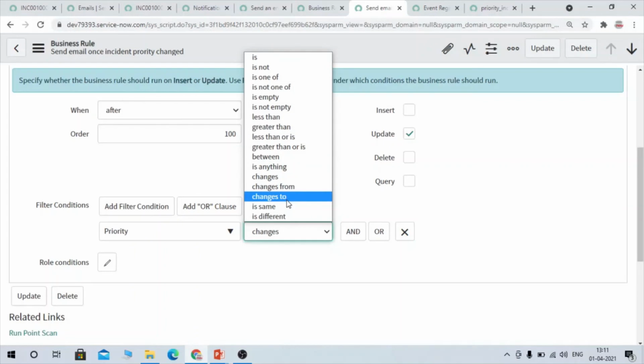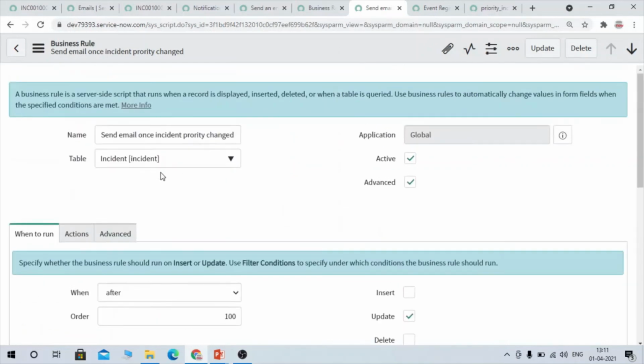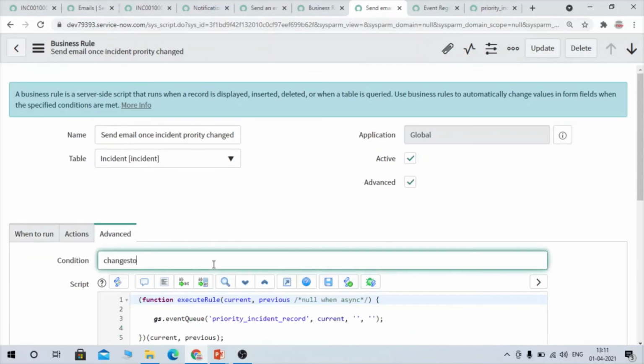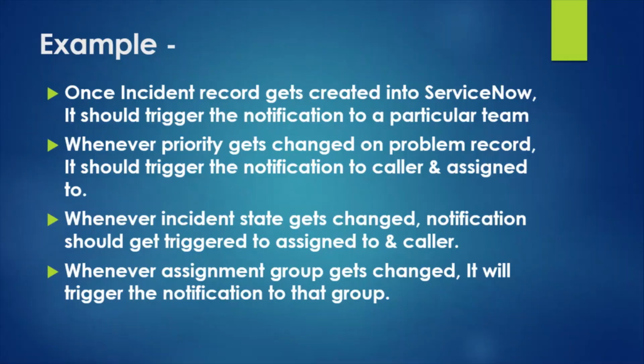It's the same, you can define, and this can be defined in script also, right? We have changes to, changes from, we have this kind of methods, right? So you can use that, and you can define in condition also. So I hope now it is clear.